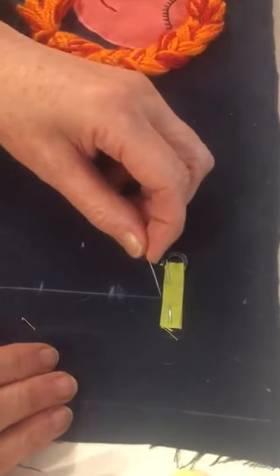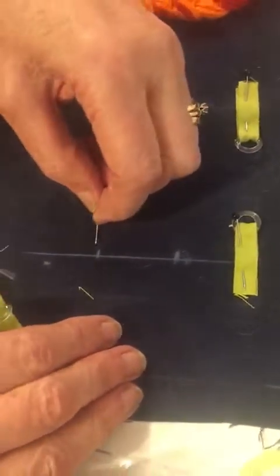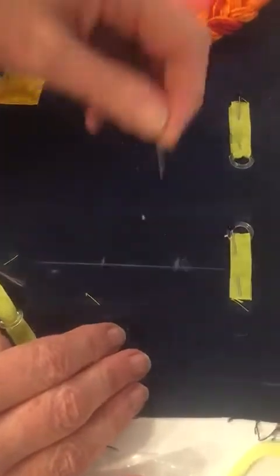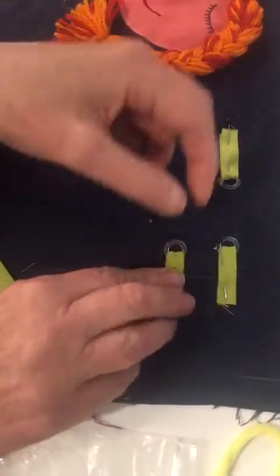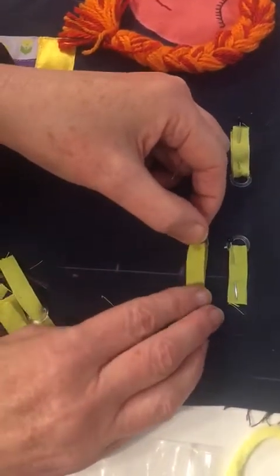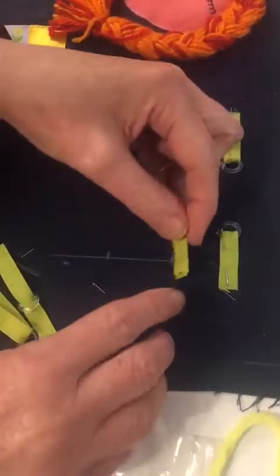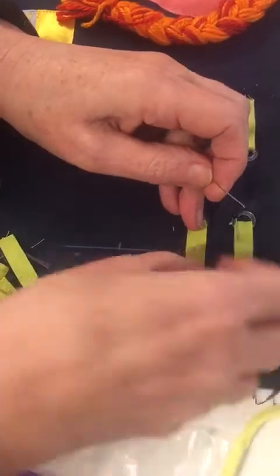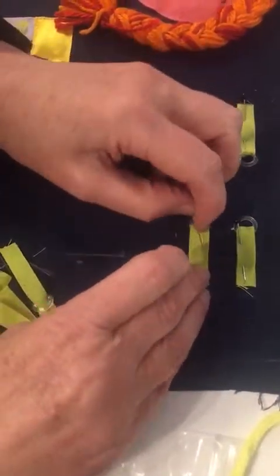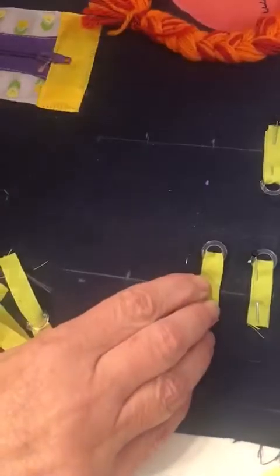We're going to measure down 3.5 centimeters and then another 3.5 centimeters and put a little mark there on either side. We're going to take the next little webbing pieces and add them on here. You can see where I've got that little line there. I'm placing it just above that, and trying to make sure that it's even with the one above. And I've made these 3 centimeters apart,